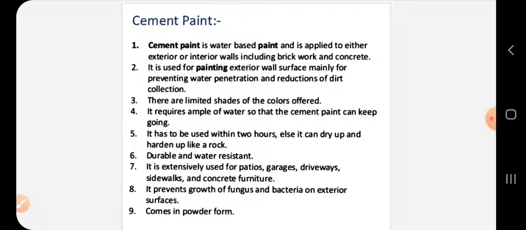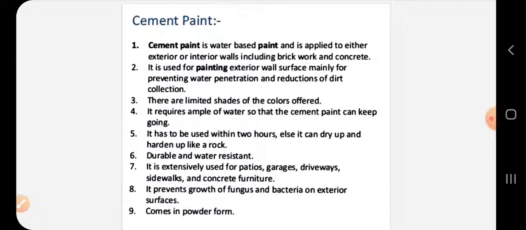But here again solvent is water, and it is applied to exterior or interior walls, including bricks and concrete works. It is used for painting exterior wall surfaces, mainly for preventing water penetration and reduction of dirt collection. So to avoid the passage of water vapor or any kind of moisture. There are limited shades of the color offered in cement paints. Variety of colors is not available. Only limited shades are available.